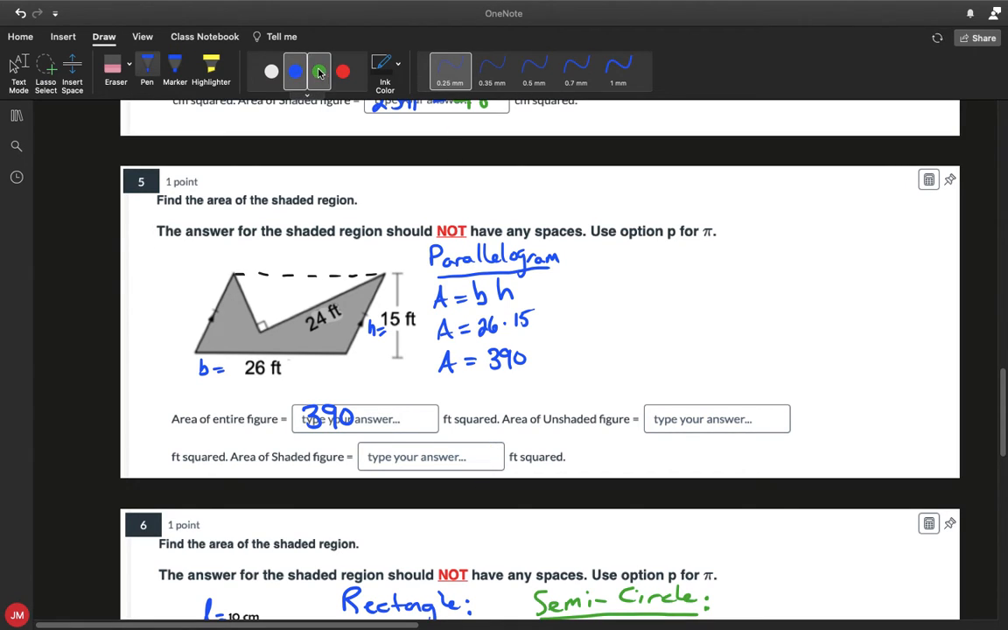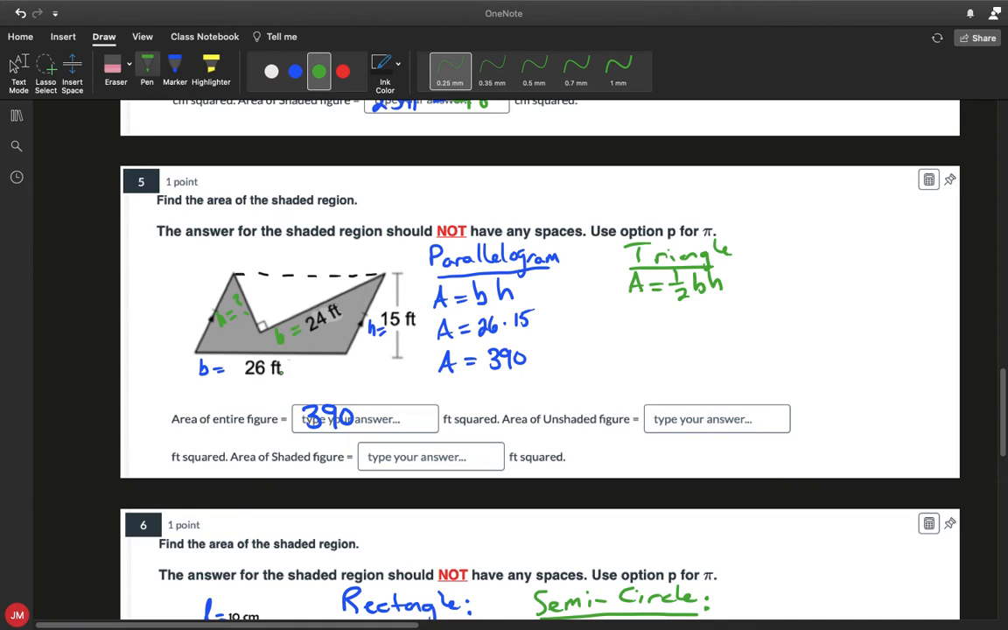Next, we need to figure out what the area is for this triangle that's missing. So remember that the formula for the area of a triangle is that it's equal to 1/2 the base multiplied by the height. Now looking at that triangle, it's tilted a little bit, but our base is actually right here, that's 24. Our height, we don't know just yet, but we need to figure that out if we're going to find the